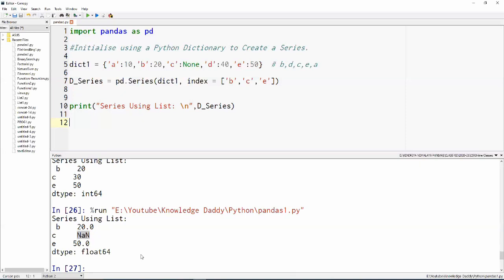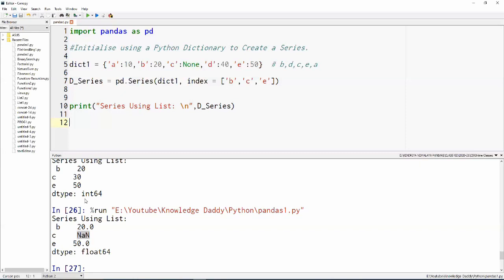Now, one very important thing to note here is that although this is a none value, we had already discussed that series can have only one type of value. Okay, it is a homogeneous data structure, so it will have only one type of value. There can't be integers, float values and string values or empty values at the same place.